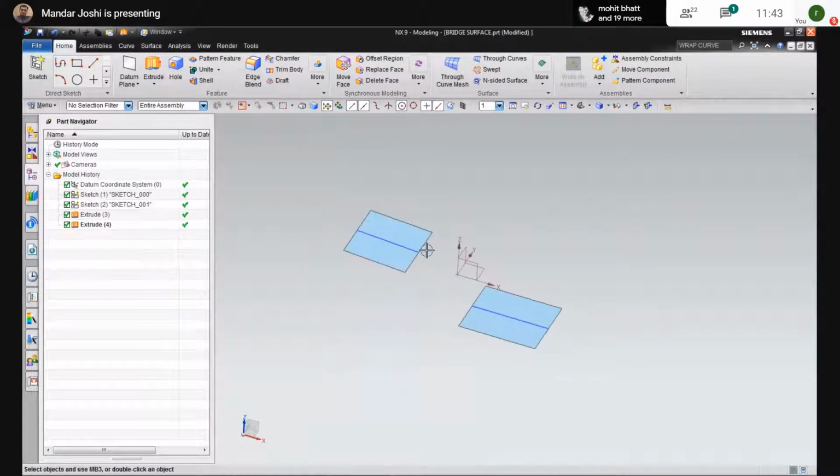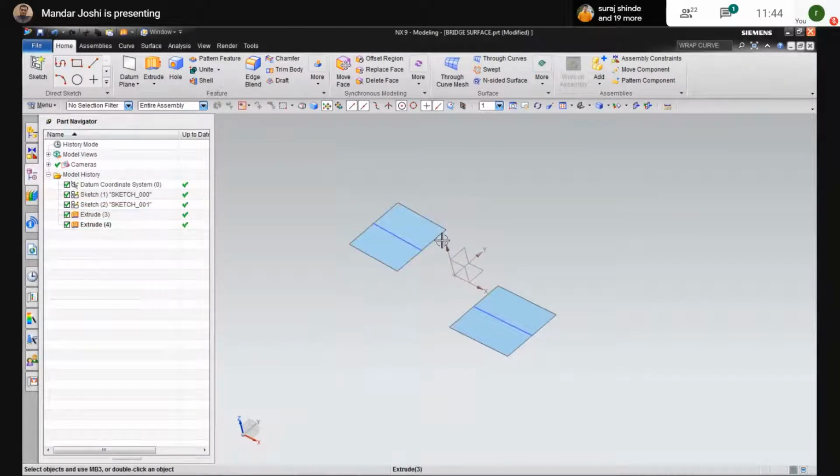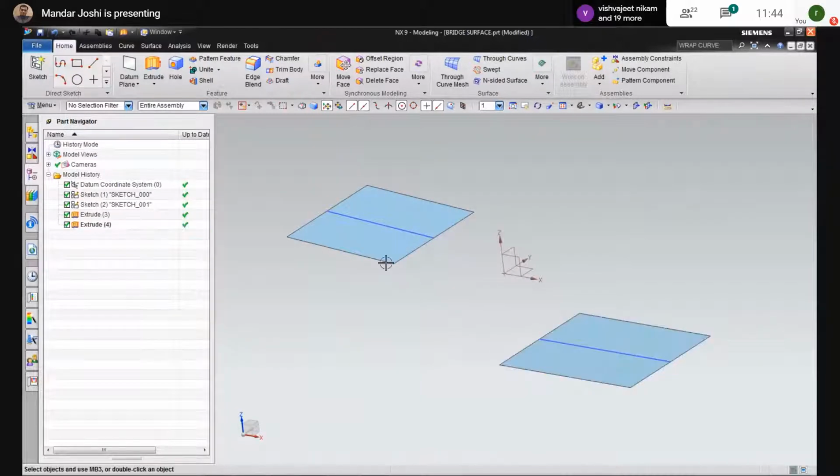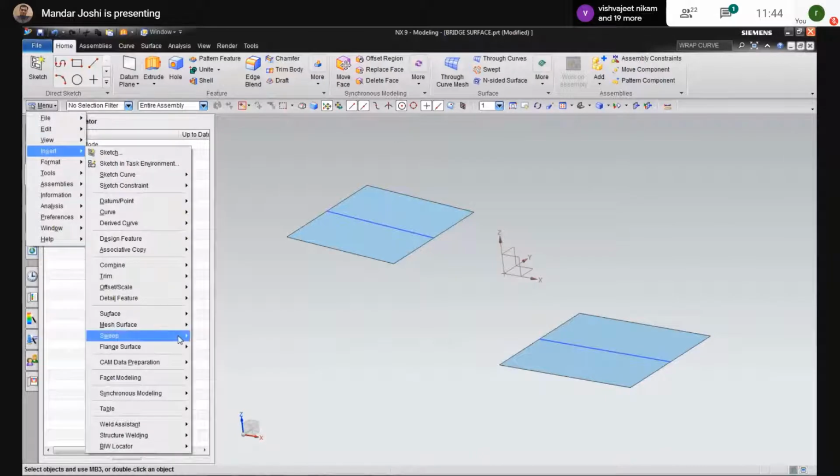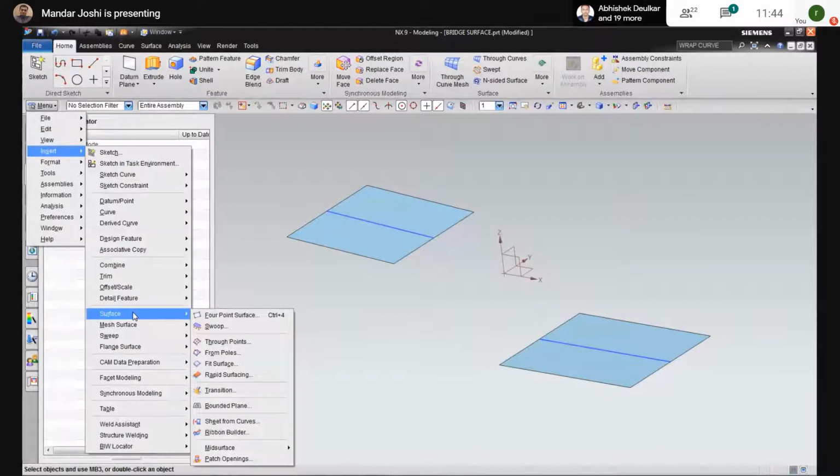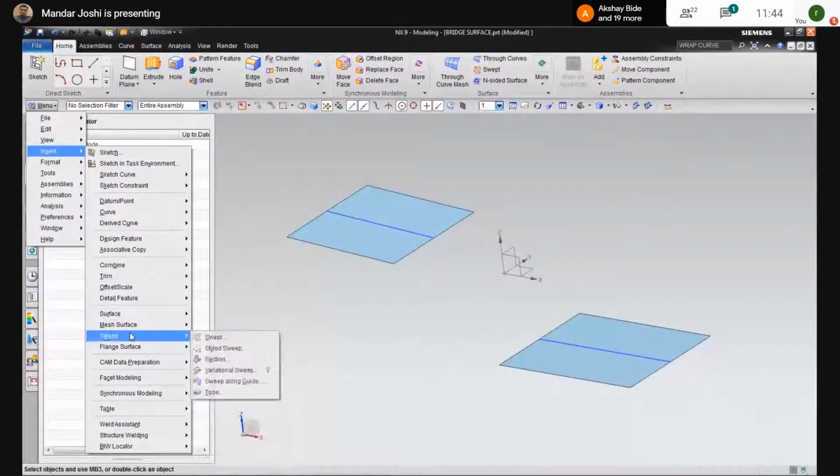Now to bridge the gap, I cannot fit a surface here because the boundary is not close to any point available. So in that situation, we can bridge the gap. To bridge the gap, we use this command, insert surface, bridge surface.